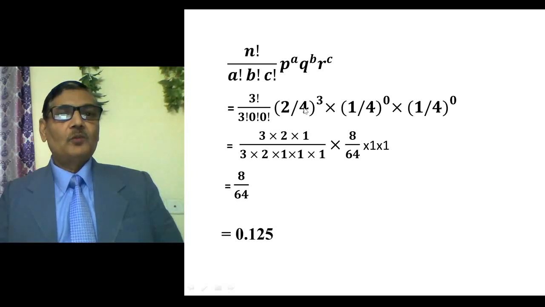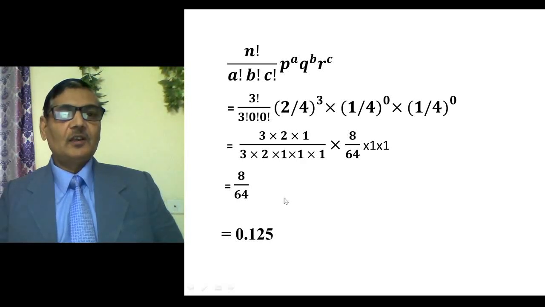Likewise 2 by 4 to the power 3 you can solve, it will come 8 by 64 into 1 by 4 to the power 0, this value will be 1 because any fraction to the power 0 is 1, and when you cancel the 3 factorial, what is left is 8 by 64. So when you simplify this, it will come 0.125,